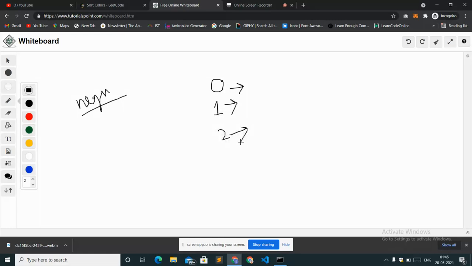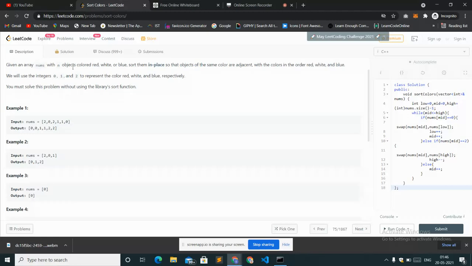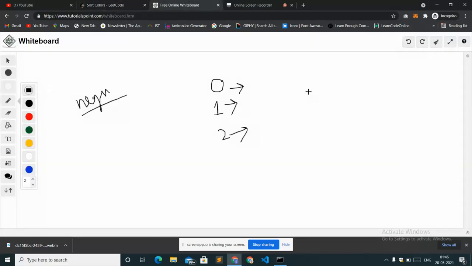So let's take an example, 202110. Here we can see that the number of zeros in this array is 2, the number of ones is 2, and the number of twos is also 2.